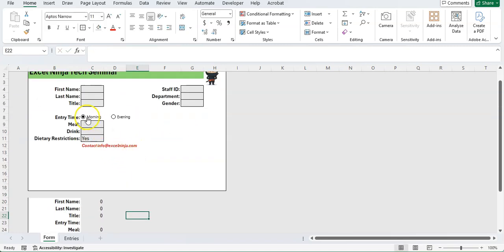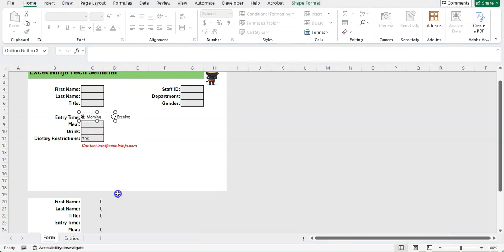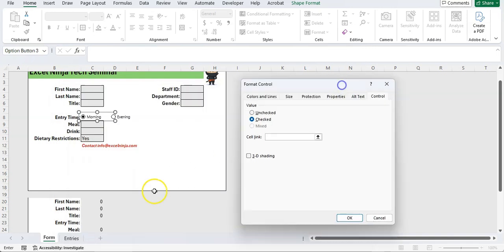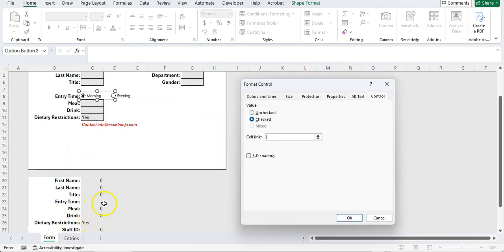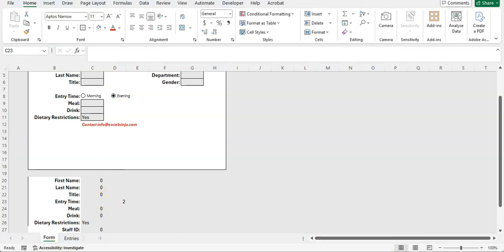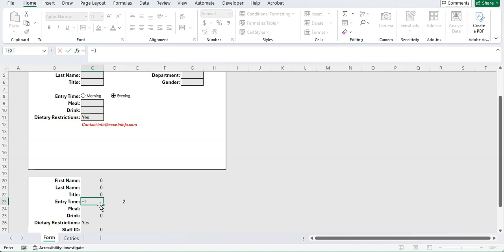Alright, so for this, I'm going to right click and go to Format Control. If it's unchecked, that's fine, but if it's checked, I want it to link to the cell that is right over here, and I'm going to hit OK. Now it'll give me a 1, and notice that if I select evening, it's going to give me a 2. Now the idea here is that by linking this, it's going to give me 1 or 2, and right over here I can enter an if statement where if this is equal to 1, then you can say morning,